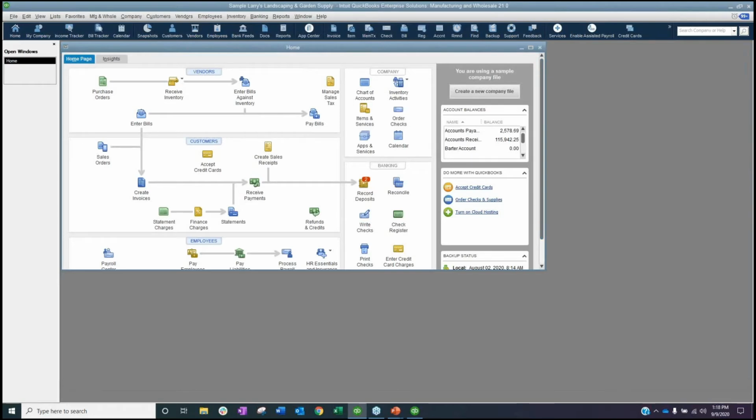Okay, will 2021 Premier Desktop have the same features of Enterprise? No. The things that are Enterprise only for 2021 are going to be those data level permissions, those extra permissions to be able to limit people to only see customer groups or certain vendor groups. And then also to be able to print pricing on barcode labels. And then receipt management is only available in Enterprise, Pro Plus, and Premier Plus.